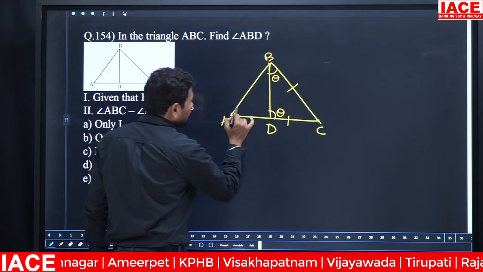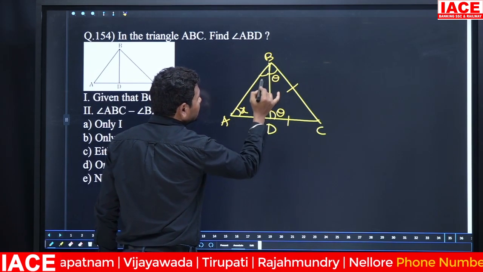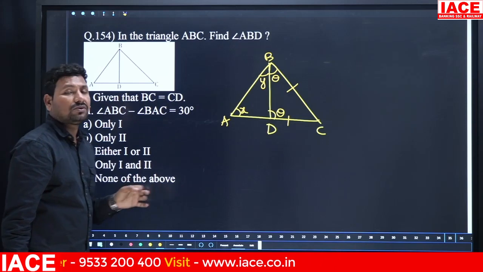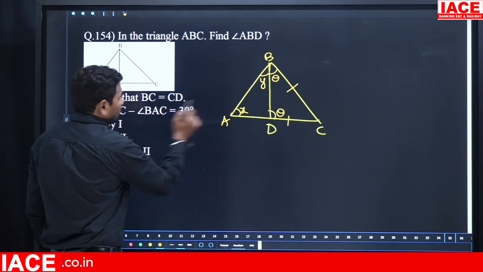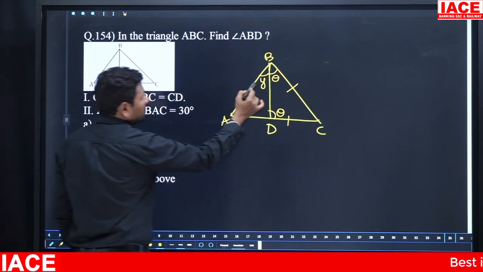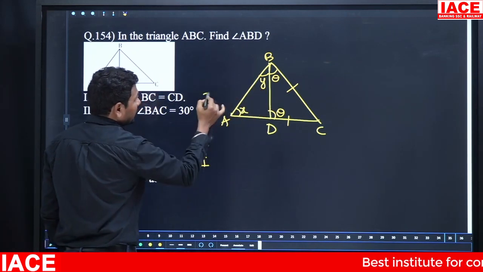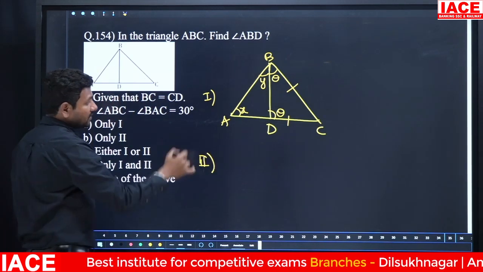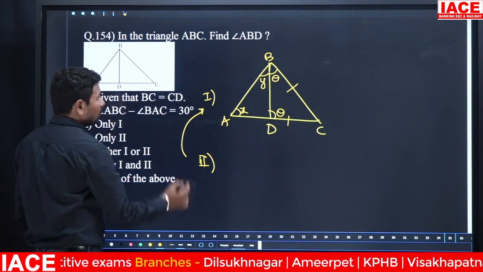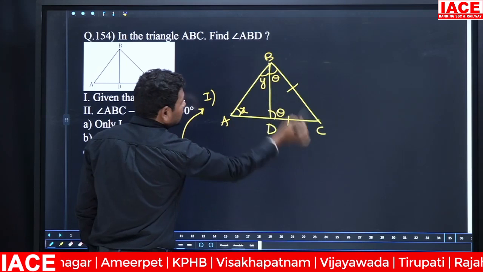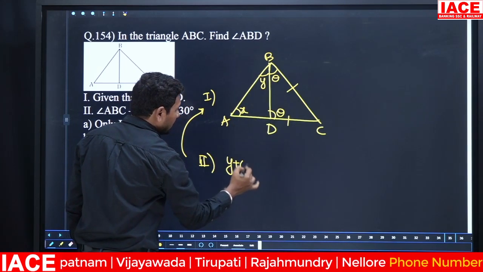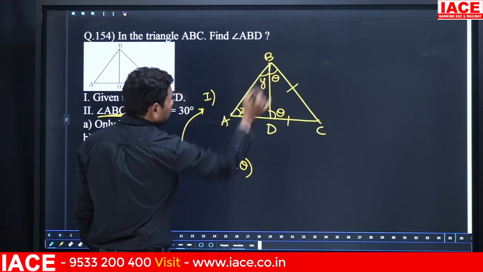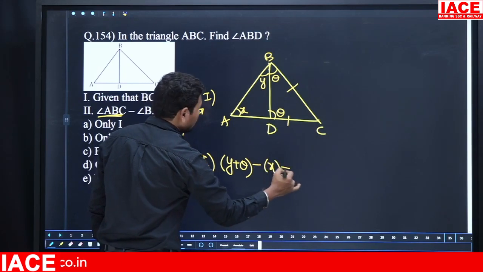Okay. Then the assumption I am taking here is x degrees, here is y degrees. And angle ABC minus angle BAC is equal to how many degrees? 30 degrees. Here we derive angle ABC. Angle ABC is equal to what, as per statement 2. This is statement 1 and I am combining statement 2. Statement 2 cannot be solved individually. Compulsorily you have to take cooperation with statement 1. Then statement 2 wise, angle ABC is y plus theta.